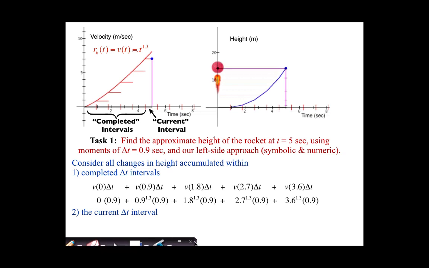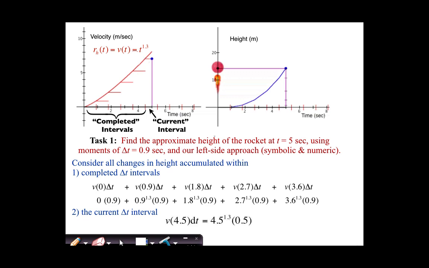But just this second question here, within the current delta t interval, there's a variety of ways you could express this. I'm going to give another option other than what I know I have listed on here. But again, it's the velocity or the rate of change of the height from right here at time 4.5 multiplied by how long we use it for, which we could write as dt, or we could write as 0.5 in numbers. Another way we could write this,